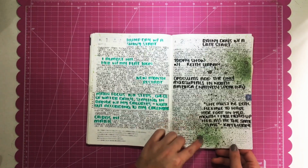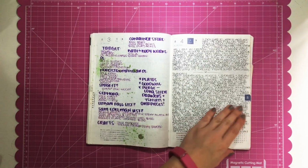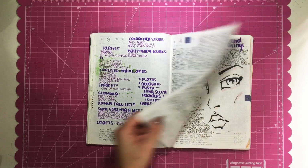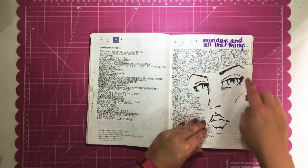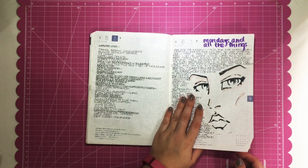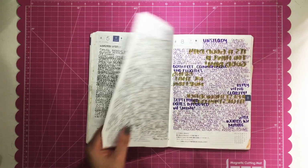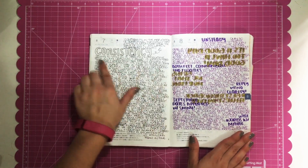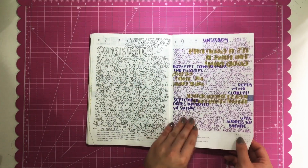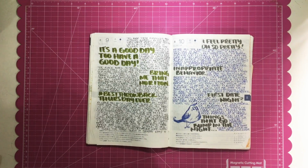This is the Delusions spray again. Again, not a fan because it bled through really weird. This is a Jane Davenport face stamp. And this is just like a Tombow brush pen I had. This is mild lighter, and I just kind of traced around it. I really wasn't very adventurous